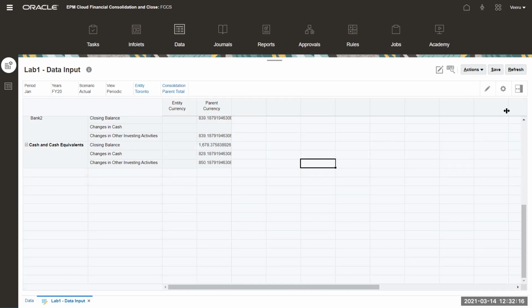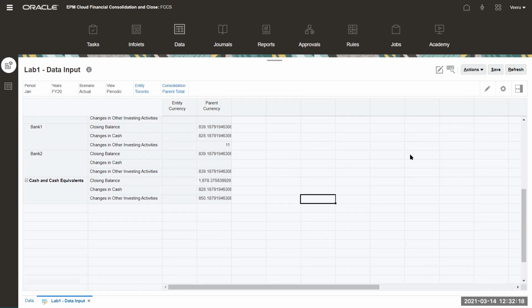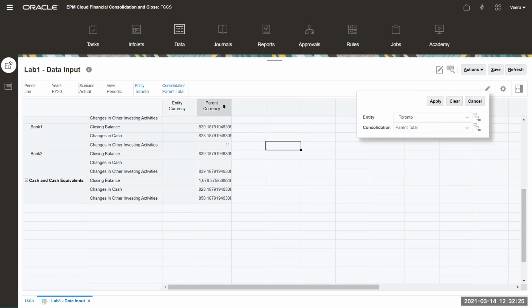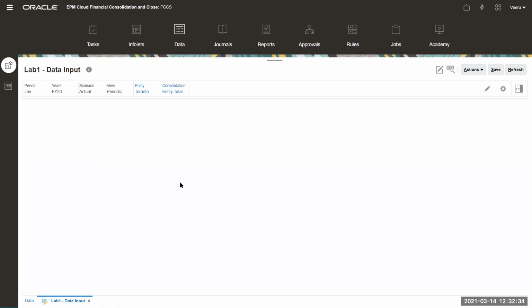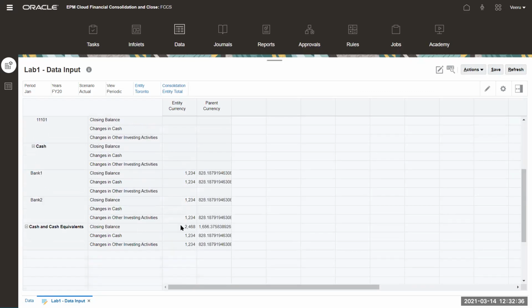Okay. So if I want to see my translated data or contribution data for a base level entity, I need to select the parent currency from the currency dimension. If it is in the entity currency, I can't see the data for a base level entity, because entity total is where you can see the data in entity currency. So the entity currency is entity total. Exactly. Yes, you are touching all good points. I'm happy that you are asking such questions. Okay, thanks.